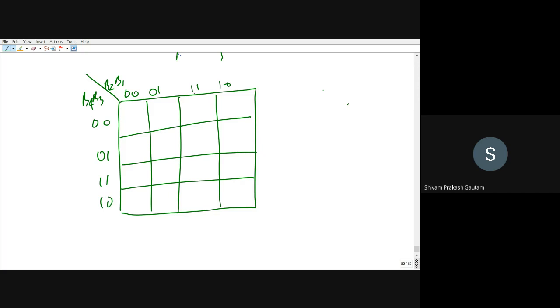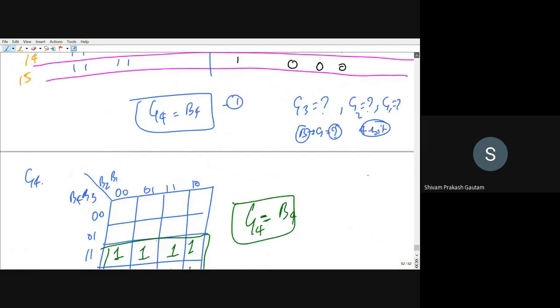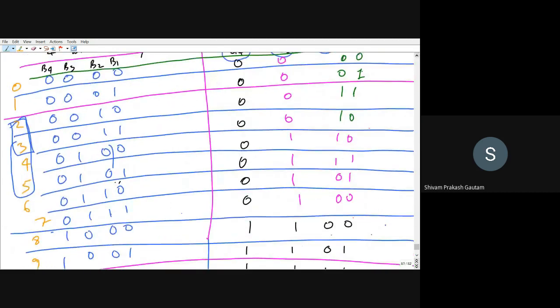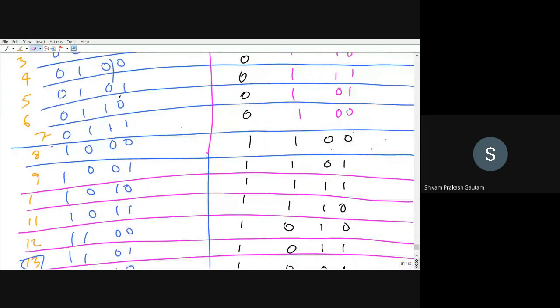Now we have to check wherever G1 is on, or G1 is high. Let me rub this. No mistake should be there.